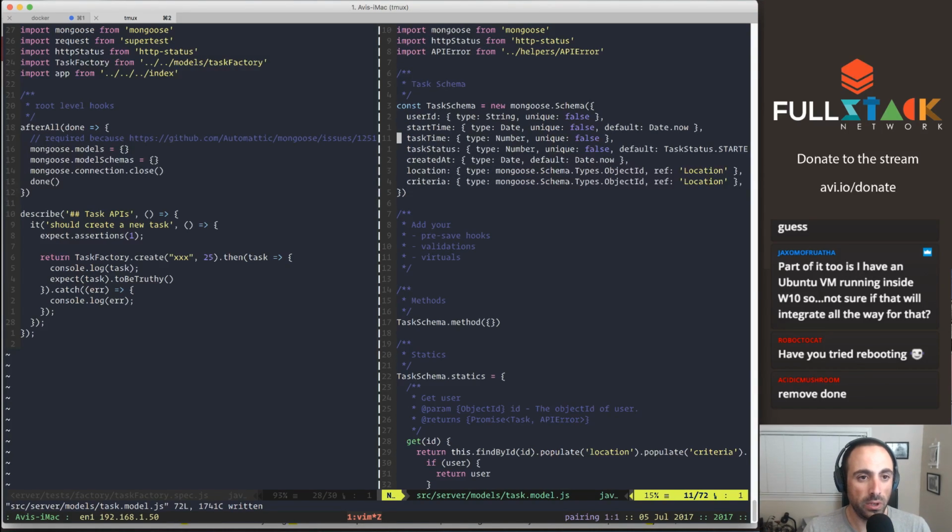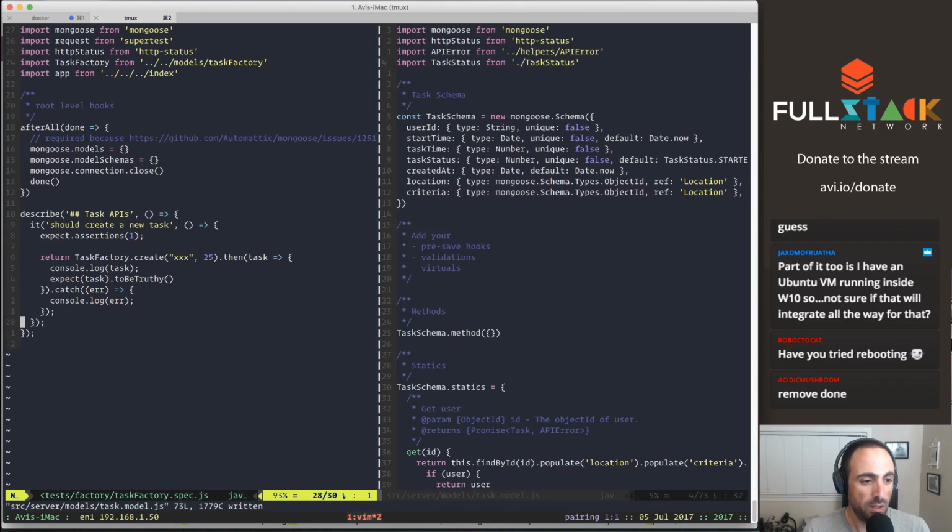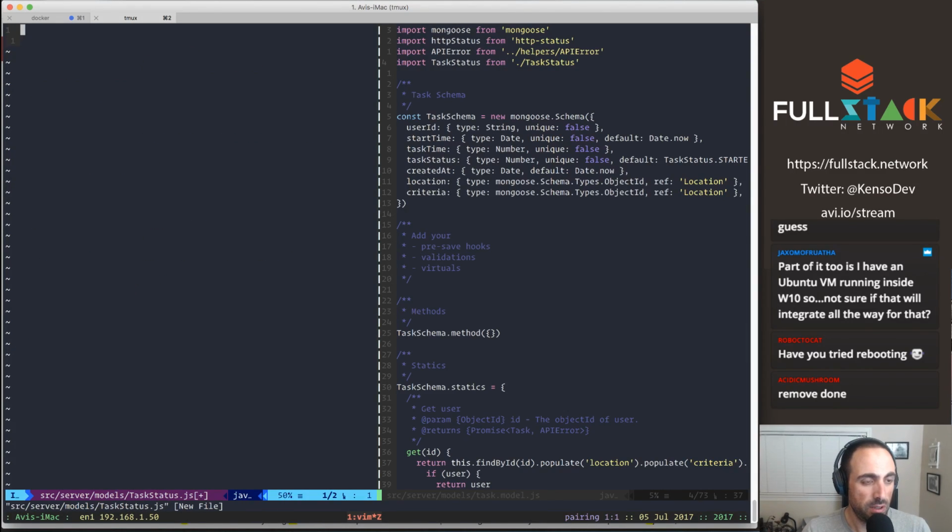Awesome. So now let's import task status from task status, like so. And here models, src server models task status.js. And let's say export